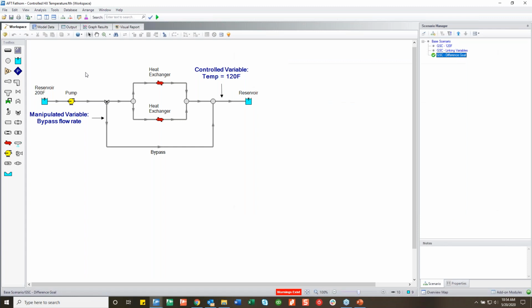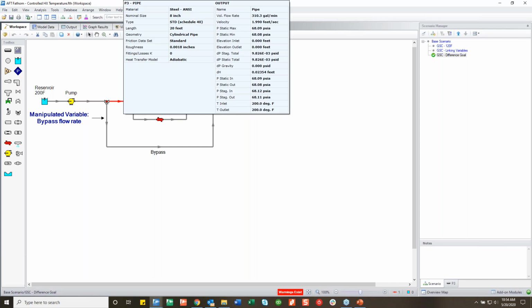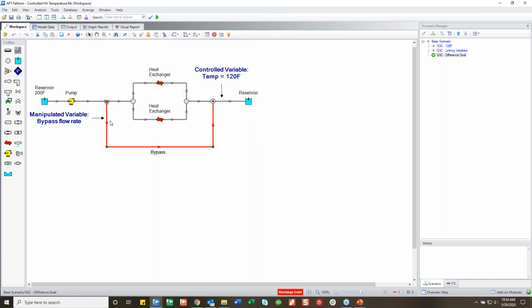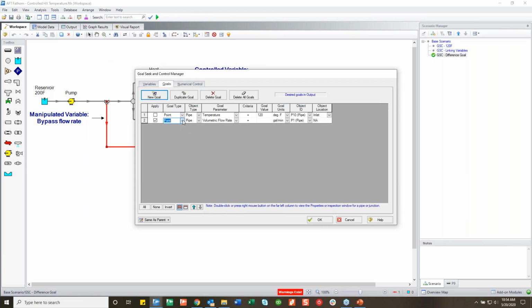I need to just cancel out of that because I didn't label my pipes. This is P2, P3, and P9, I want to say. P9, there it is. Okay, so my differential goal, again, volumetric flow rate is 100, and this is a difference goal, right? So the difference between P3 and P9 has to be 100 gallons per minute because it does object 1 minus object 2. So if I run it this way,